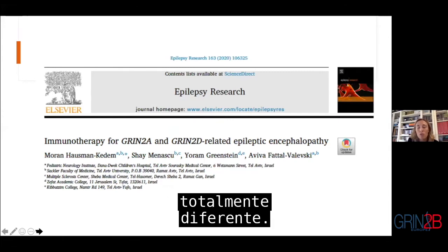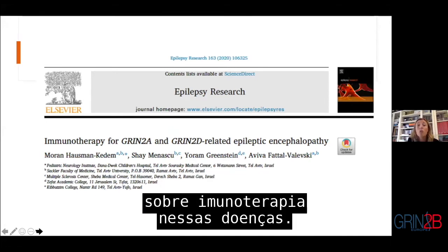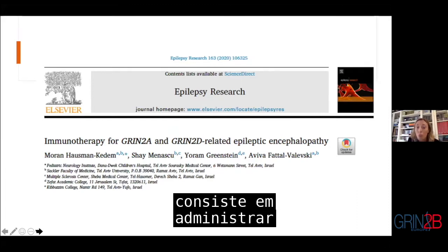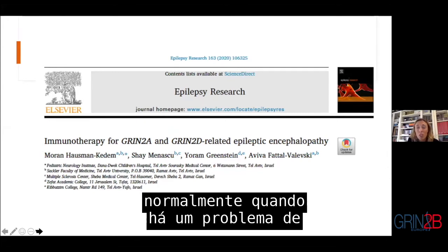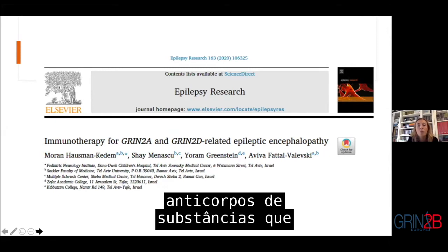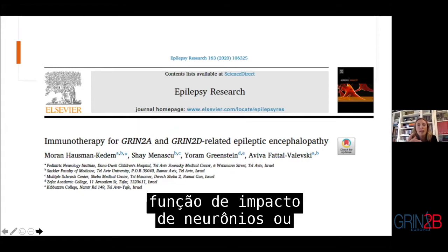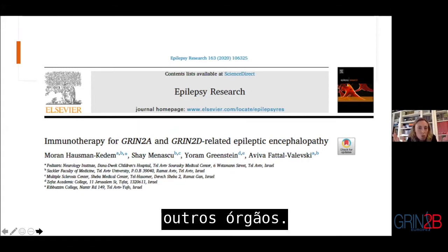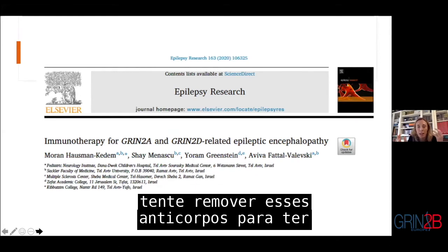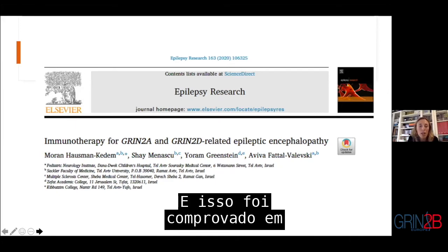This is another totally different approach. It is a recent paper also about immunotherapy in these diseases. Immunotherapy consists of giving immunoglobulins. It is given normally when there is a problem of immunity, autoimmune problems. So the body produces antibodies, substances that block a receptor and impair the function of neurons or other organs. Here, these immunoglobulins try to remove these antibodies in order to have a better function, and this has been